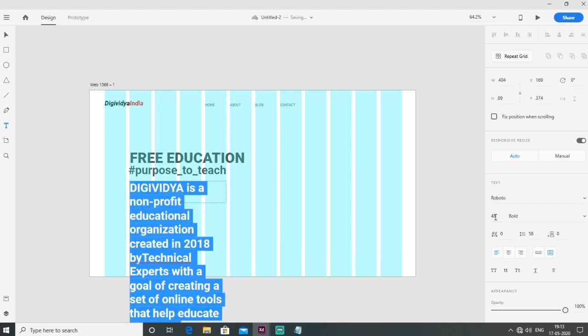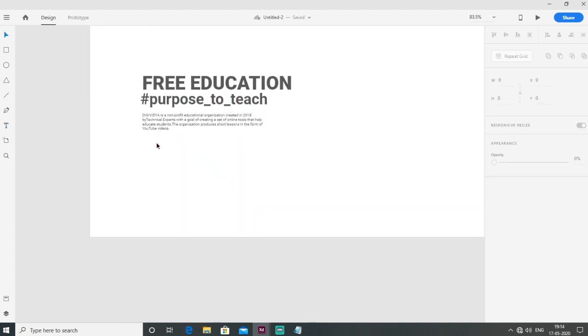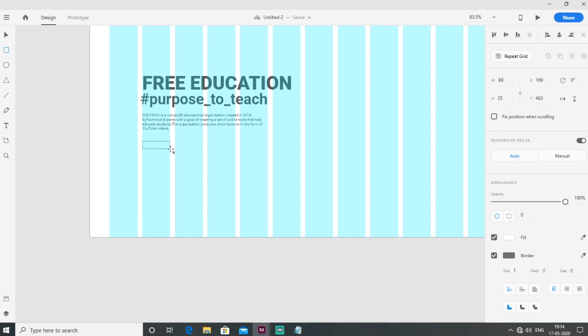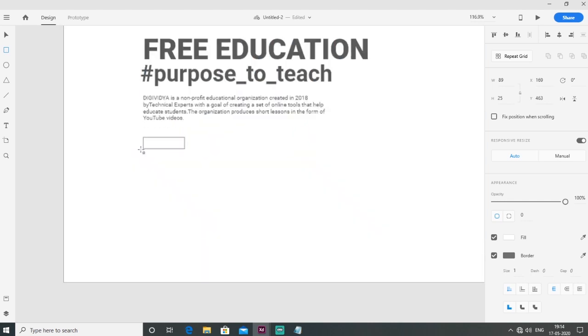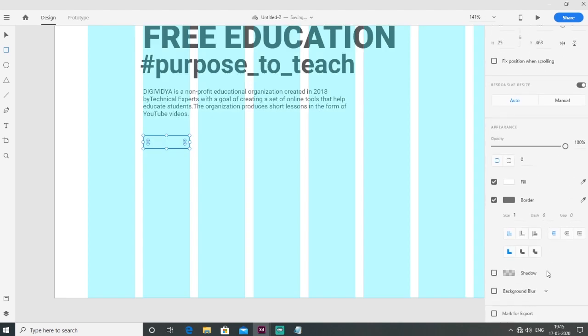Then select all the text. Then I go to the rectangle tool and make it a rounded rectangle.